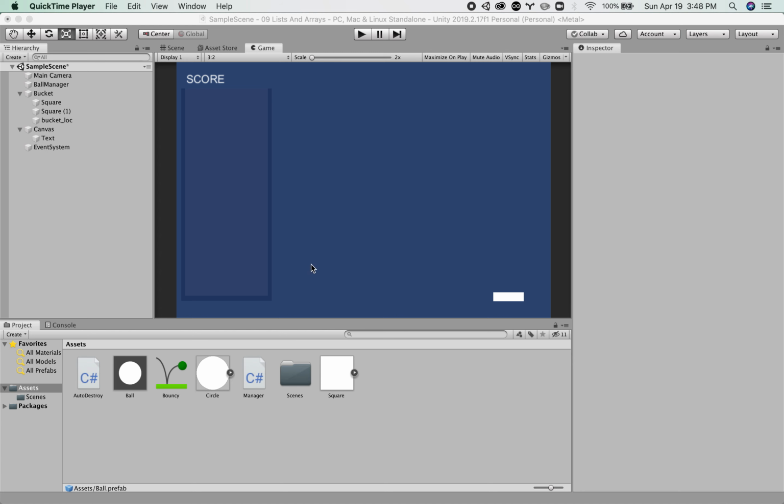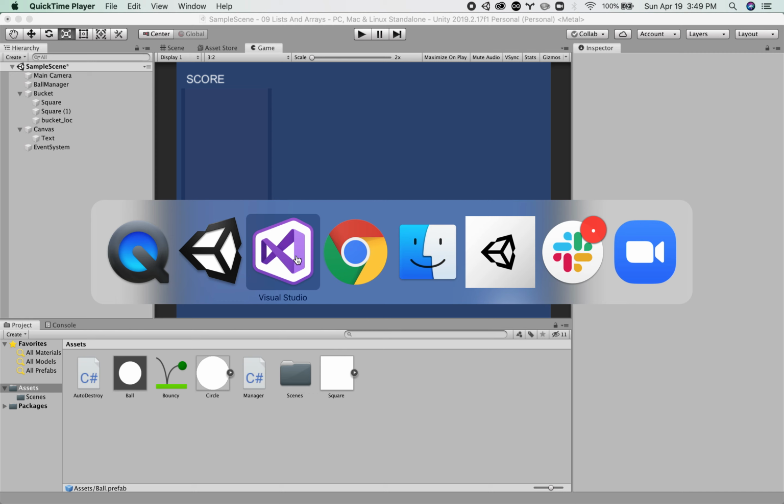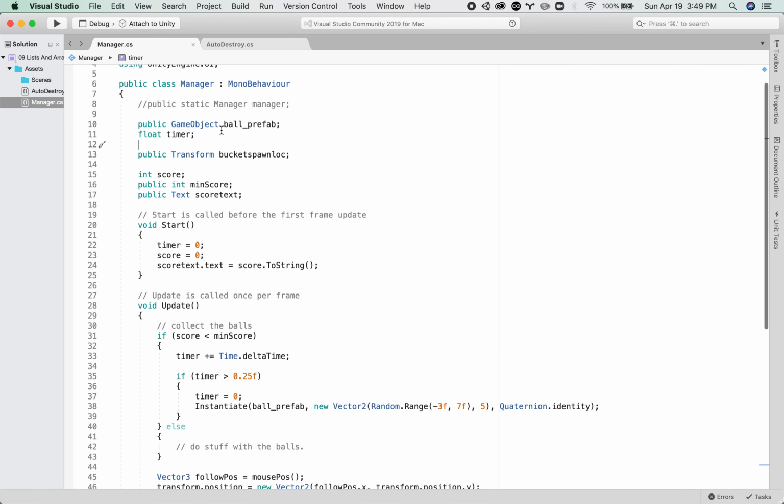All right, so to get us started, we first want to collect a reference to every ball that we are collecting so that we can do stuff to all the balls that we've collected. Right now they're only moving their position and all the other ones are getting destroyed, and we don't have a reference to all the ones that remain in the scene. So what we can do is, one at a time, as we collect them, we can add them to a